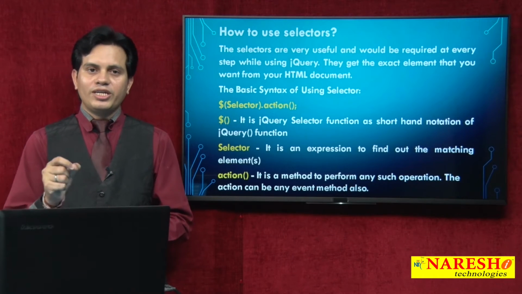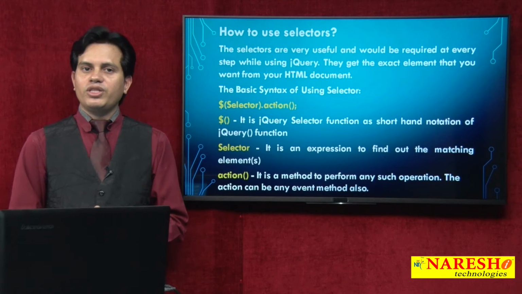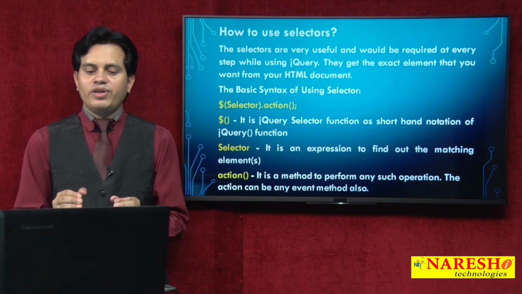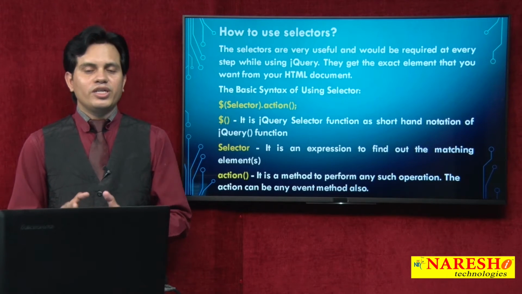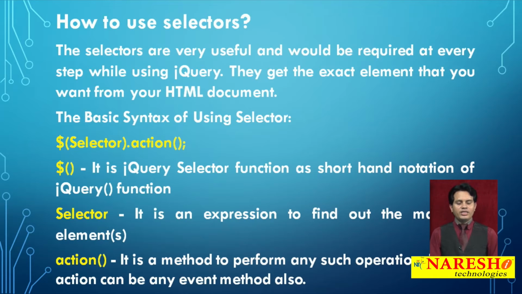So in order to select any elements, you must use the jQuery selector. That is what in this point I am trying to elaborate. Selectors are very useful and would be required at every step while using jQuery. They get the exact element that you want from your HTML document, and on that you can perform any operation. So the basic syntax of using a selector in jQuery is